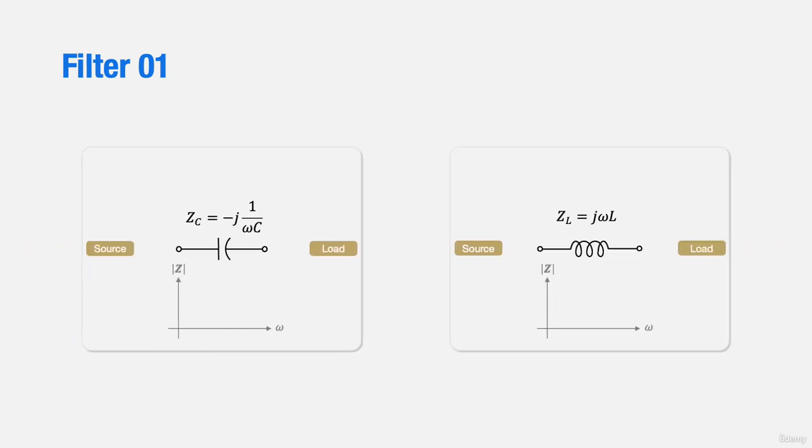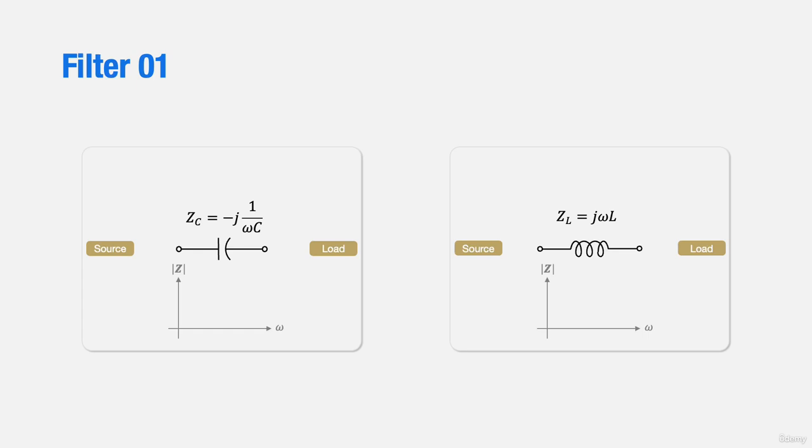In this video, we have compiled a list of 28 common types of filters. With our understanding of LC resonance, we can now logically determine whether these filters are high pass, low pass, band pass, or band reject. For the capacitor, its impedance is negative J times 1 over omega C, and it changes